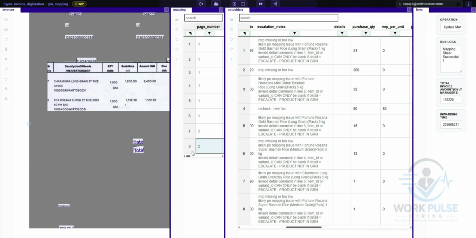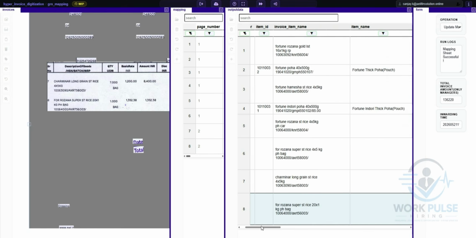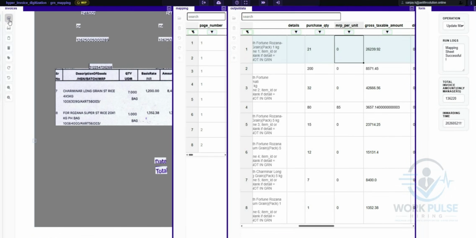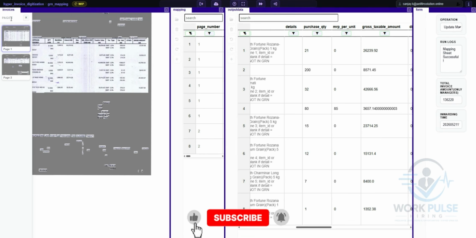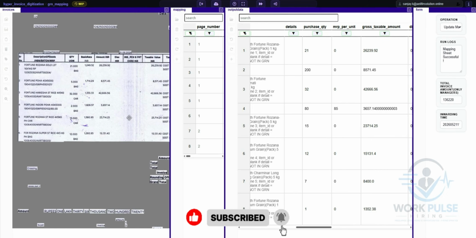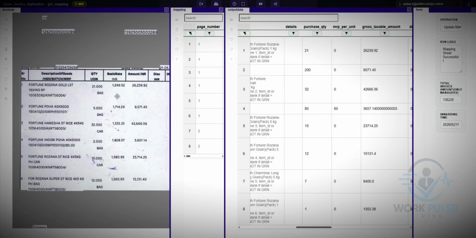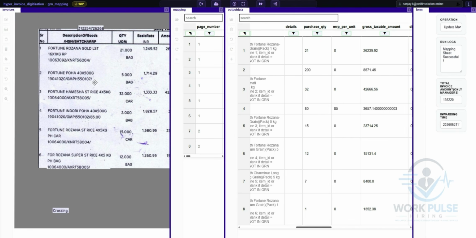In the mapping data, it also contains 8 and output data, it also contains 8 products. In this case, just check with the MRP first. This is the MRP column. In the images it mentioned any rate. Rate is not related to the MRP. You need to be careful with this step. Rate does not go under the MRP. MRP is mentioned like the MRP, or other than that in the images. MRP sometimes is also mentioned in the products, besides the product